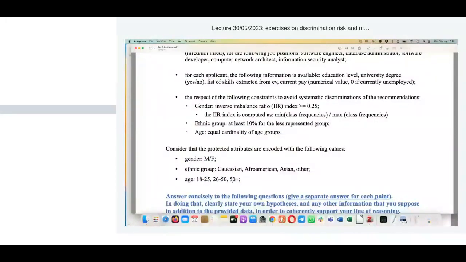Do you have questions on the text? The question is,